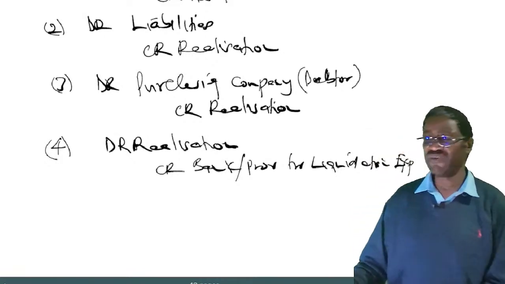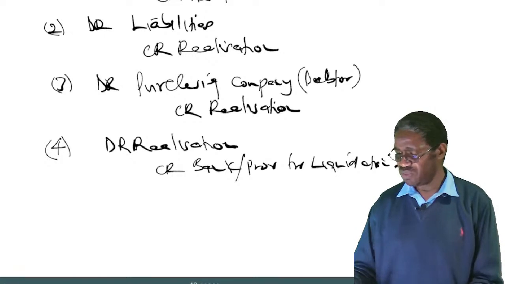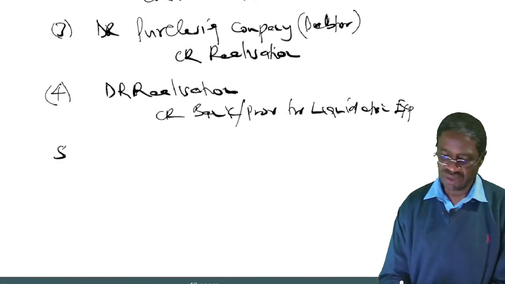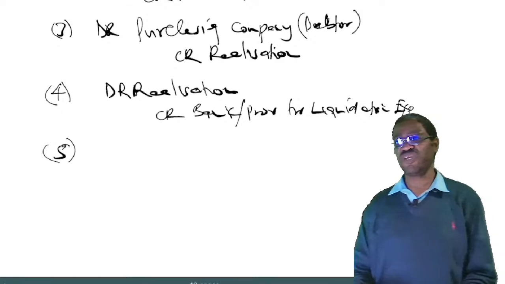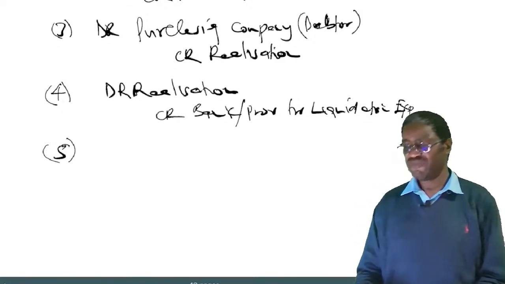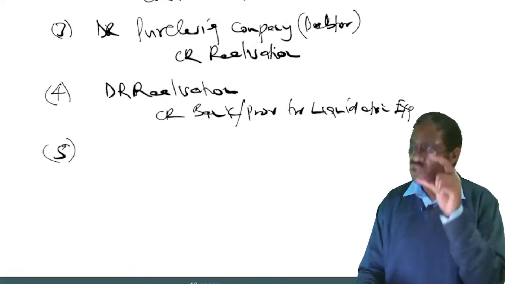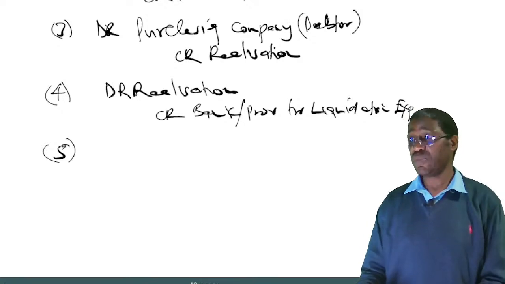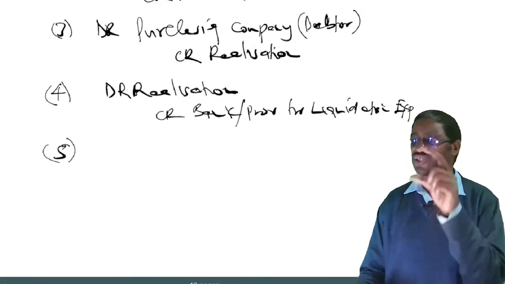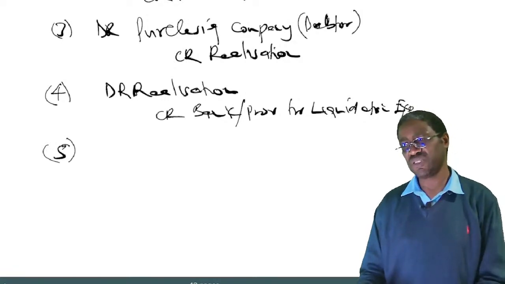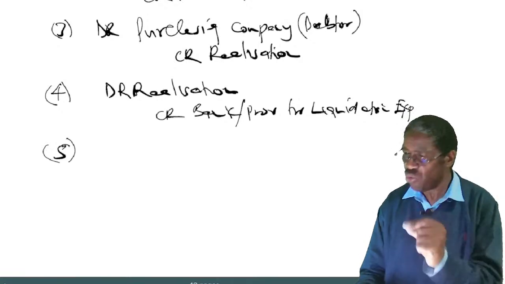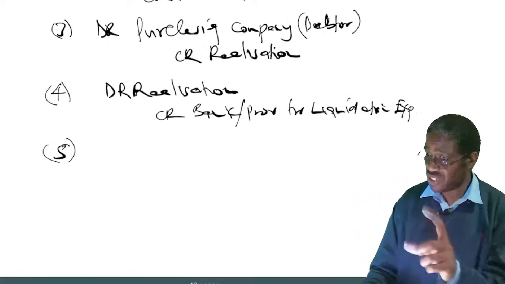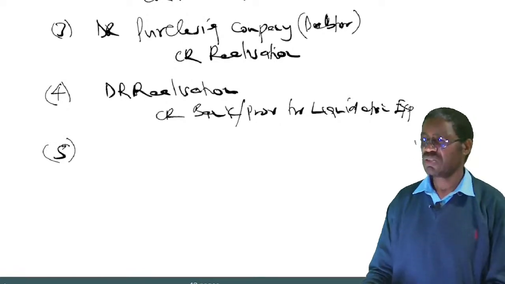So we want to go to number five, which we have already talked about. Number five, with any assets not taken over by the purchasing company, but sold by the selling company,